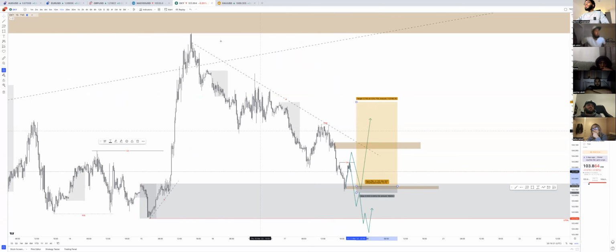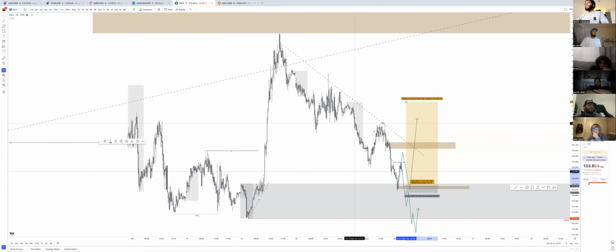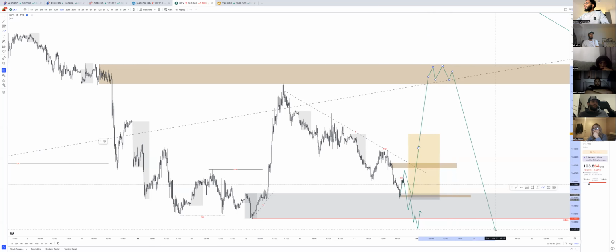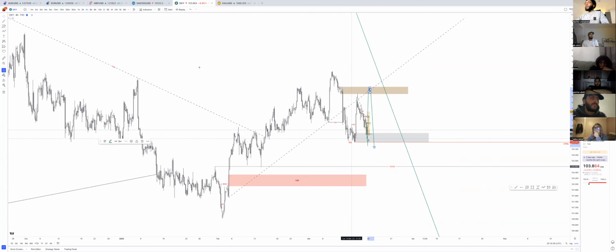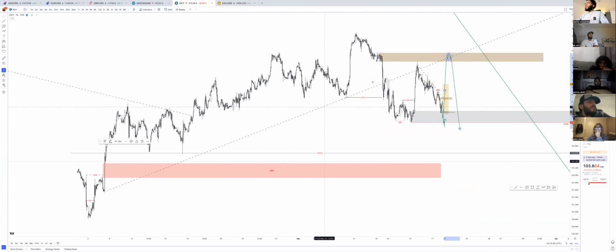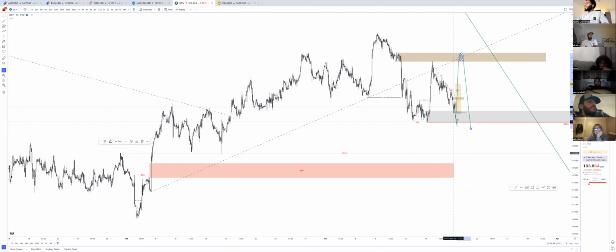And I suspect this trend line will get deleted and we'll probably come into this supply area here, in which we can see if price is going to either react off of this supply zone like this and then break down further in accordance with the higher time frame. Because look, we've had that change of character already. And so now we'll just be looking for this area to get broken to confirm a break of structure,